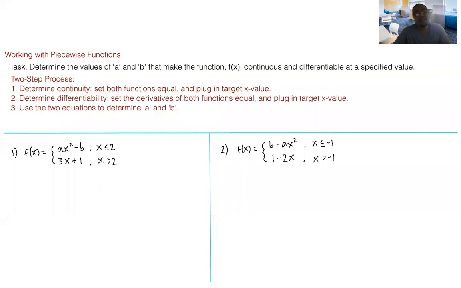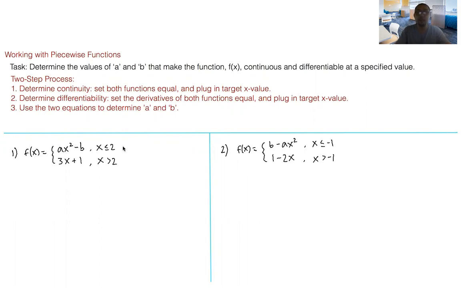What's going on, everyone? Let's talk about working with piecewise functions, okay? So piecewise functions, just like example 1 and 2 that we'll go over together here, is basically a function f of x that's defined by the function basically corresponding to different equations on different portions of your interval. So in this case, for number 1, this function is a single function, f of x, that really corresponds to